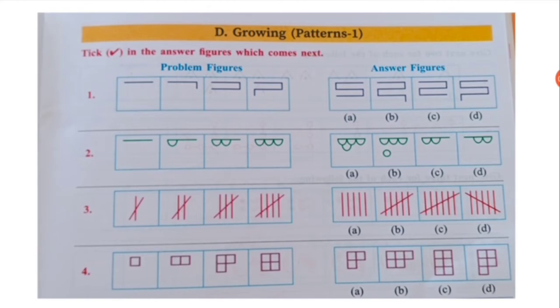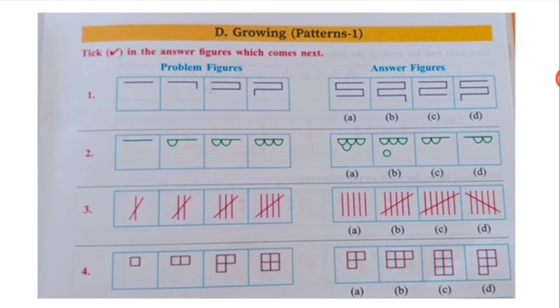Looking at this we understand immediately what the next figure will be. Okay, so A will not be the next figure. B will not be the next figure,